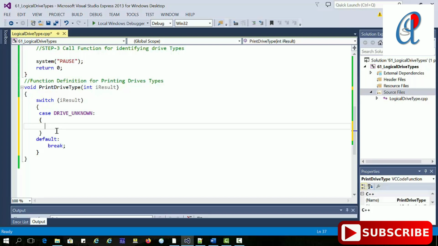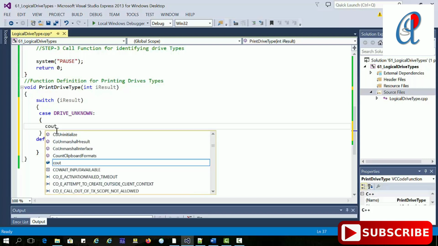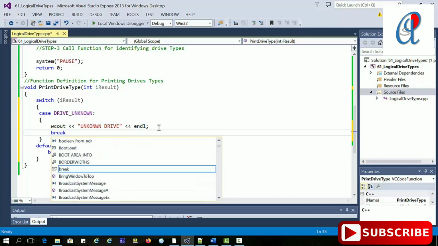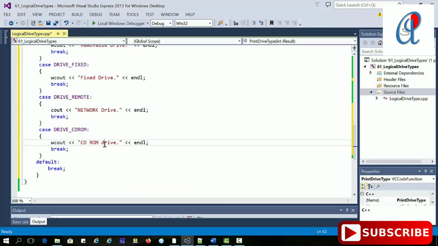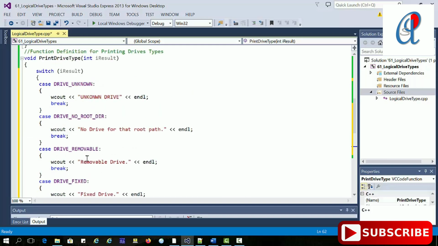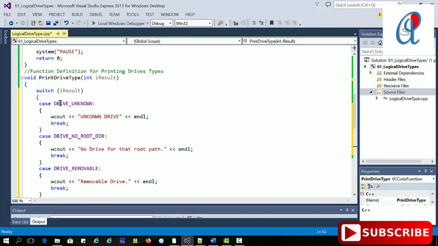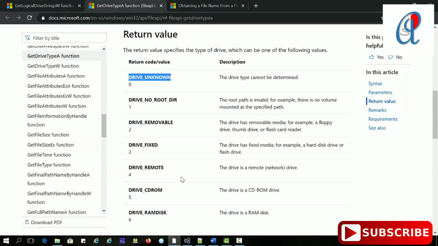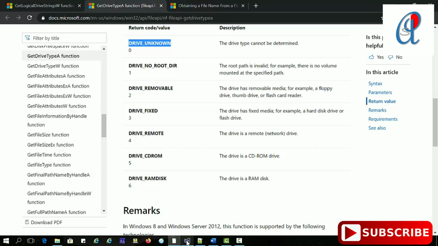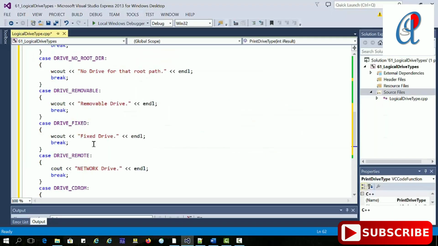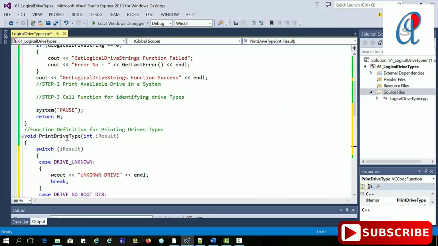So let me quickly write this one. And this one is the CD-ROM drive. The case returning 0 means the drive is unknown. And here the RAM disk drive. Based on this I have written here, so we have done the definition of that function.